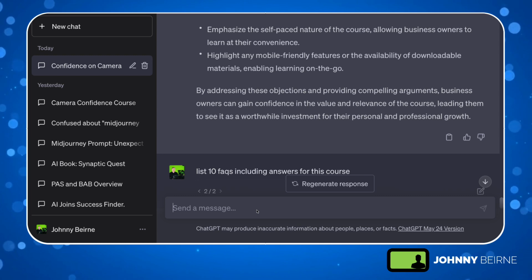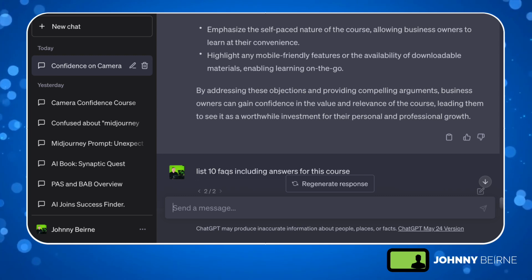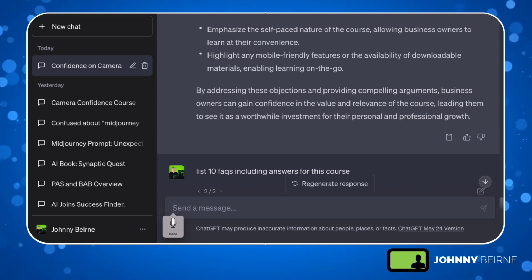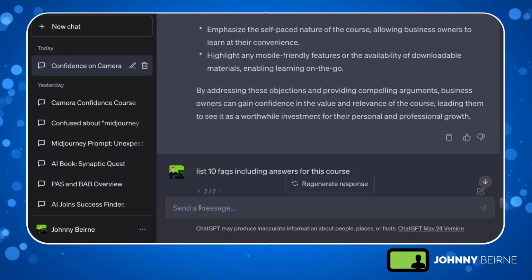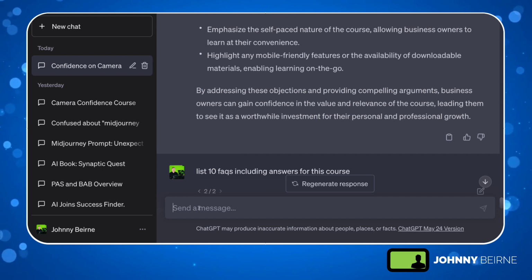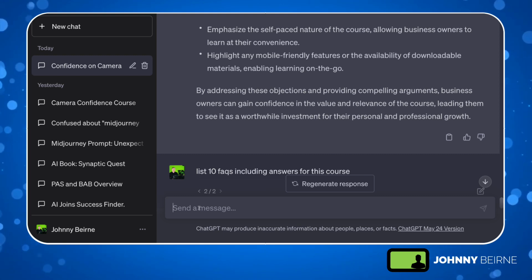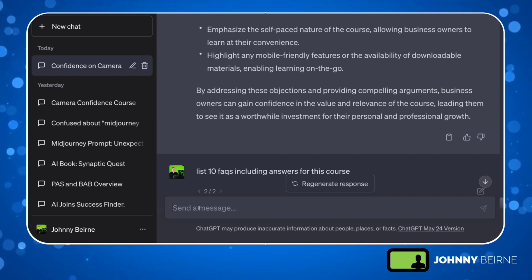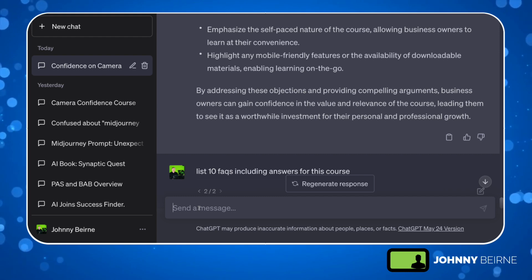Okay, so we have dictation enabled here on the Mac, so we can type in or speak the prompt. And there are Chrome extensions as well, but I just use the native dictation. So if I hit Control twice,